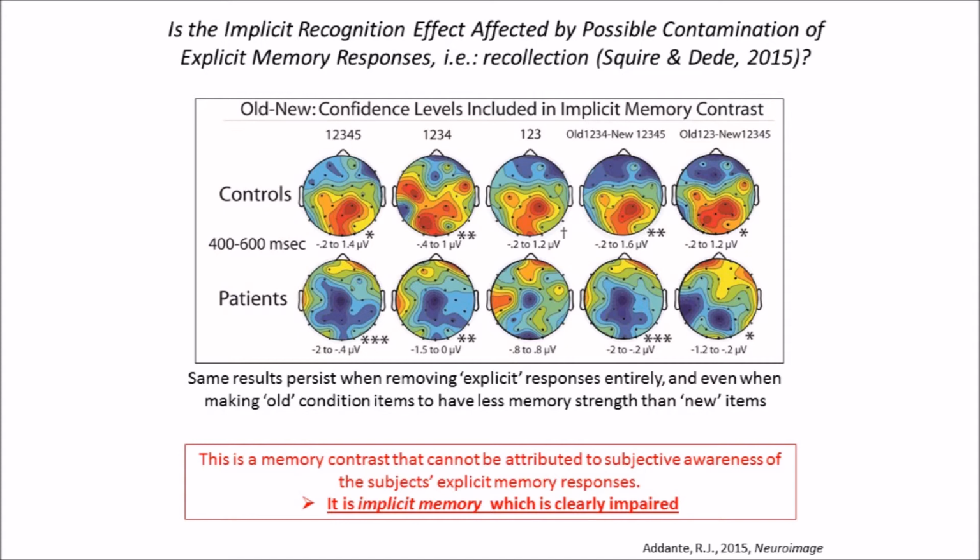Okay, so skip ahead, show you what we did, what we found. Okay, took out the 5s. You see the same effect in controls. It's still gone in patients. You take out the 4s, both the recollected and the familiar, and you still see this positive rear effect, posterior effect. Hence, this 1, 2, 3s, basically, we're kind of extending it a little bit out to here too, but the idea is